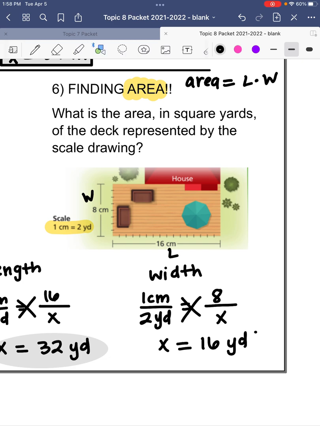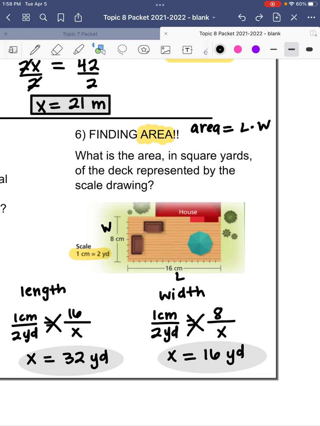Now again, this is not my answer. It's just what I'm going to use to help me find area. Because to find area, I have to multiply my length right here times my width right here. So area equals the length of 32 yards times the width of 16 yards. And 32 times 16, if I put that into my calculator, I get 512 yards squared. So that is the area of the deck in that